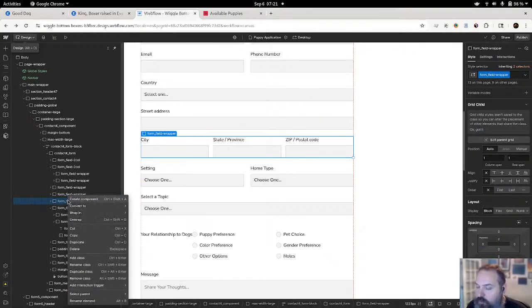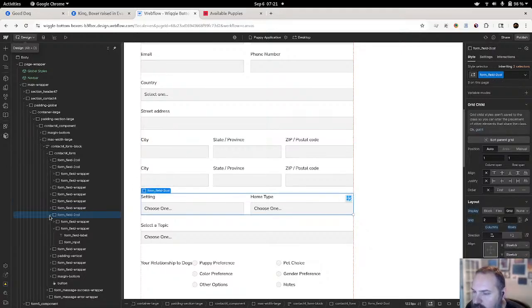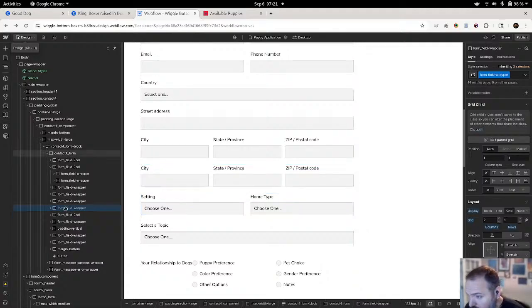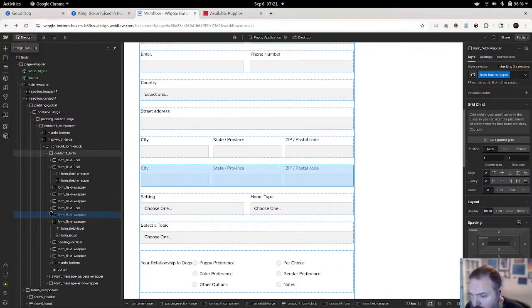Well, let's duplicate. And then we'll move it to where it needs to go, under our 2 column there. Above that other one.